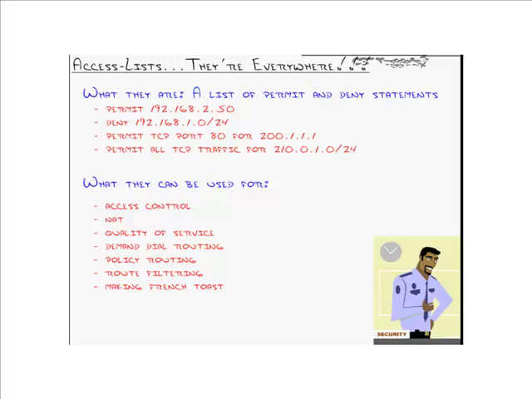Permit TCP port, and these first two up here would be the standard list. The standard access control lists can only be used to deny or permit a source IP address. They don't discriminate based on TCP service. The extended lists do permit TCP port 80, and this is just written in English, 201.1.1.1, and we'll go through